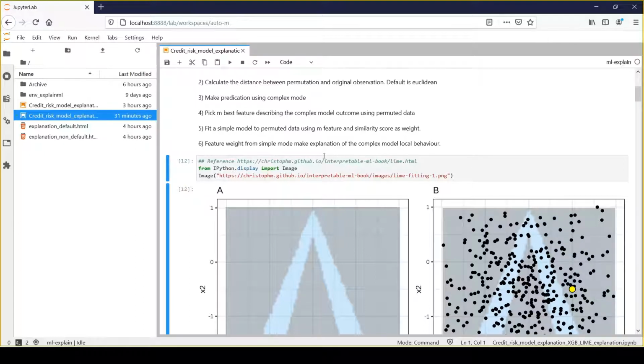Once we have those features, in the fifth step, LIME will fit a linear regression model using these M features which we determined in the fourth step, and it will take the similarity score as a weight, right?